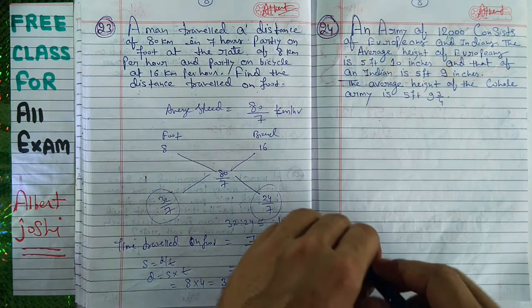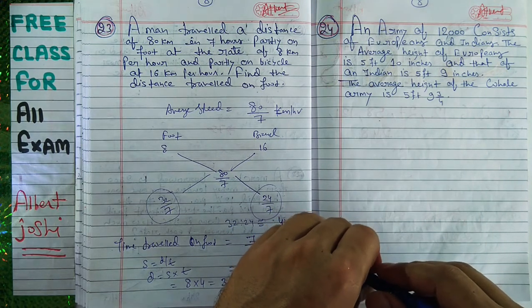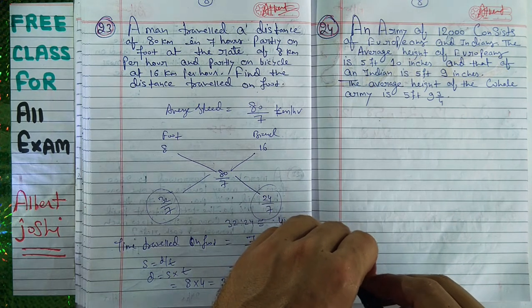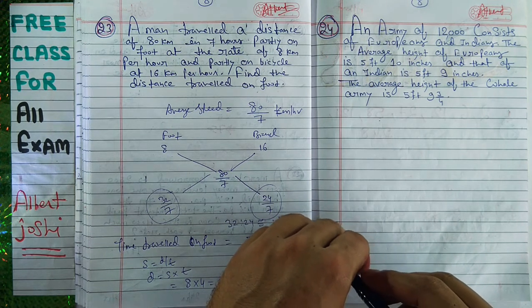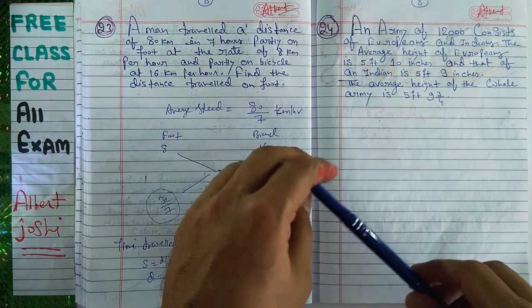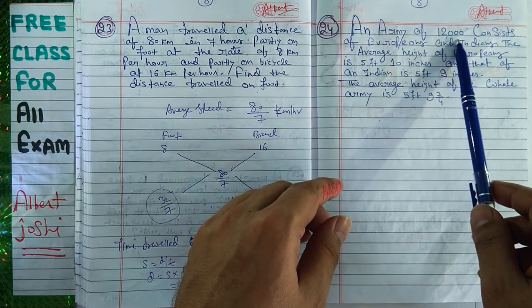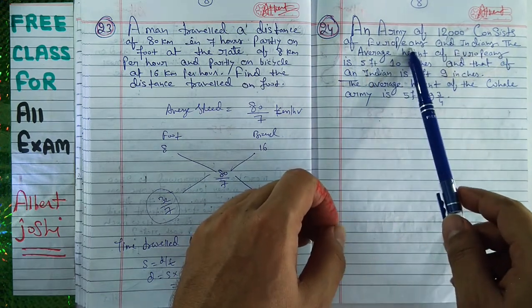So before solving this question, at first we have to understand what he is asking. So in this question, a total of 1200 consists of